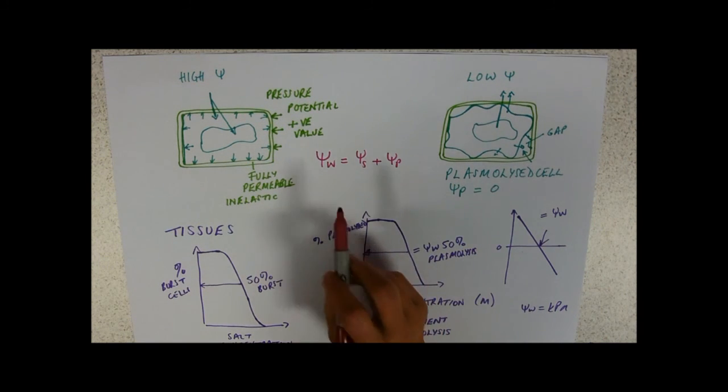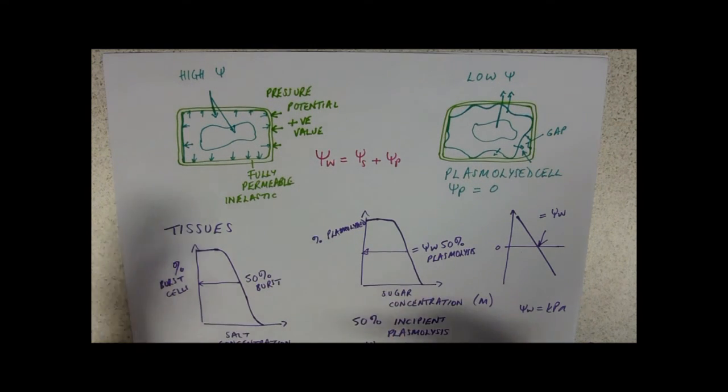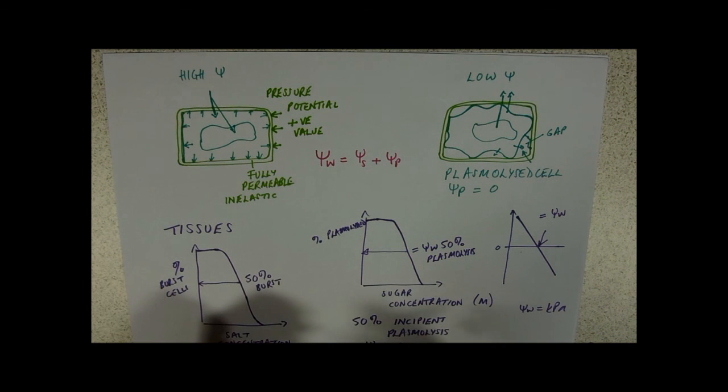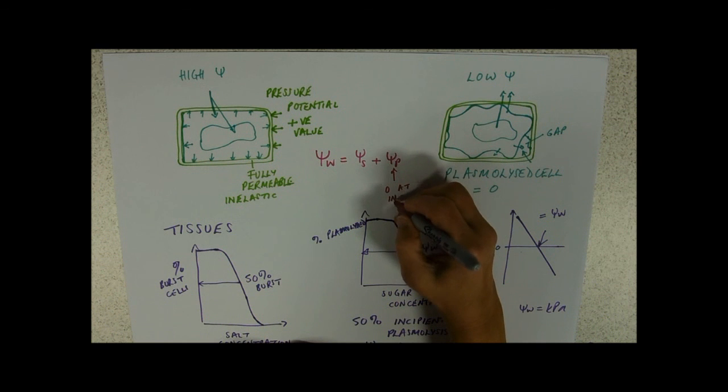So we've now got another situation where the cell is as full as it can be and it cannot physically take in any more water, then the water potential is going to be 0. So pressure potential 0 at incipient plasmolysis,